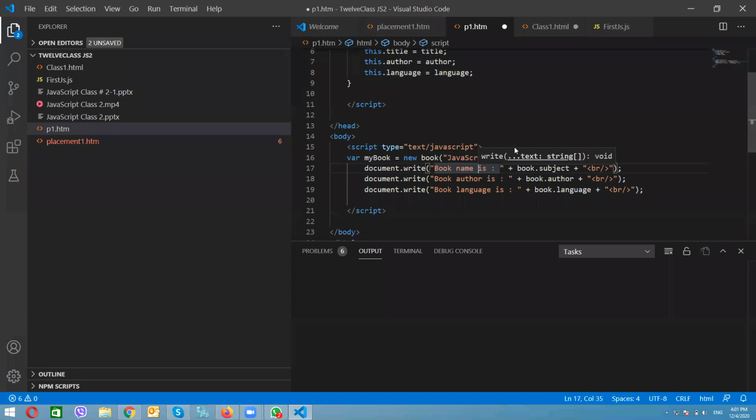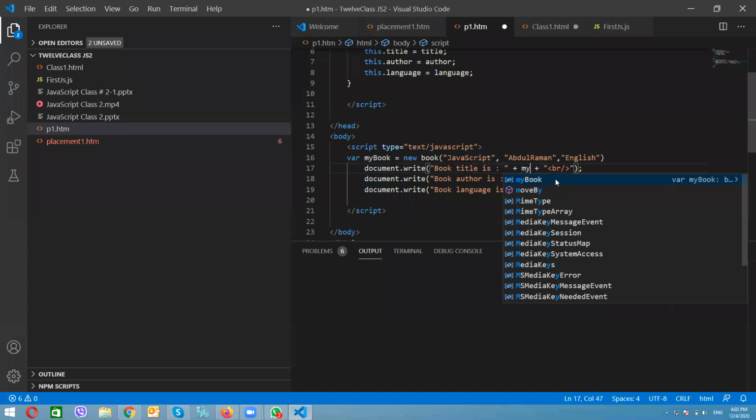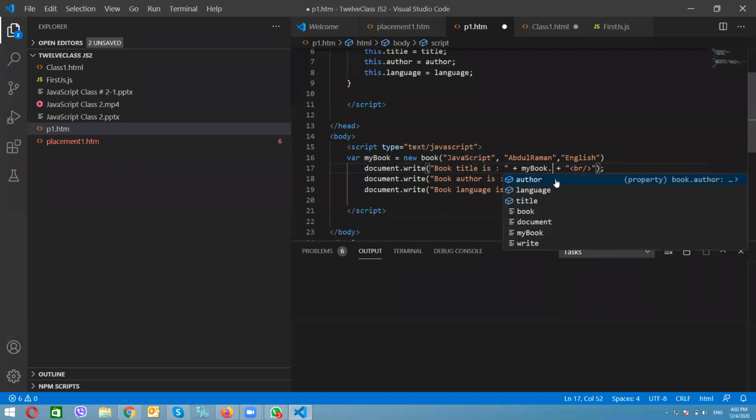Now we will use the same document.write function. Book title is... here, instead of this subject object, what I will call is this object, which is myBook dot. Now here we have so many things: title, language, author. So I will pass title over here, and break it.